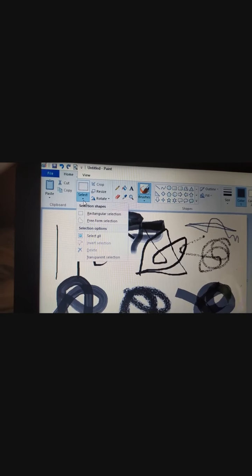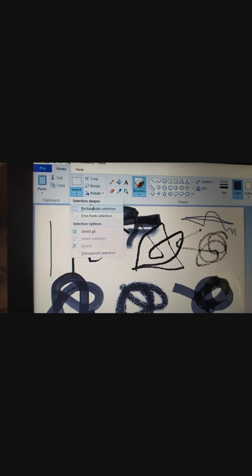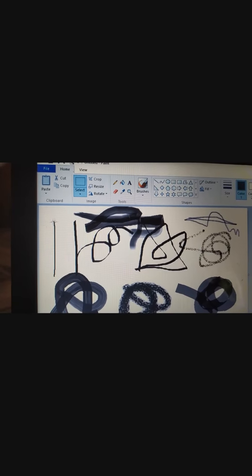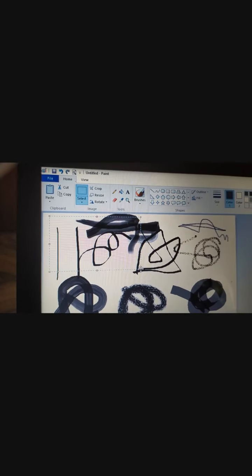Now, in the image group, this select tool is there. Two types of selection: rectangular selection, free-form selection. First, let us see the rectangular selection. Rectangular selection means this box will be selected, and after selecting you can do anything on it.